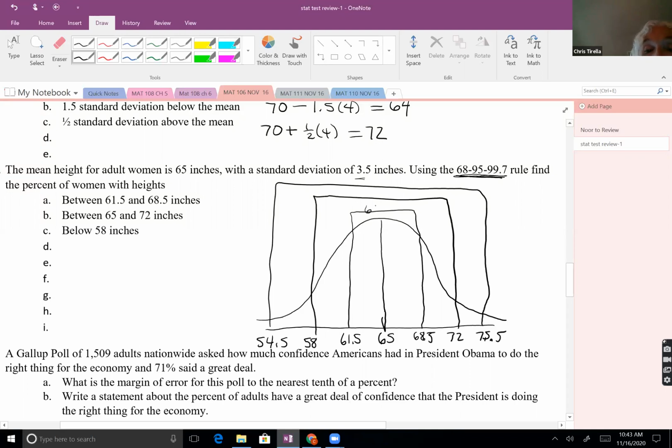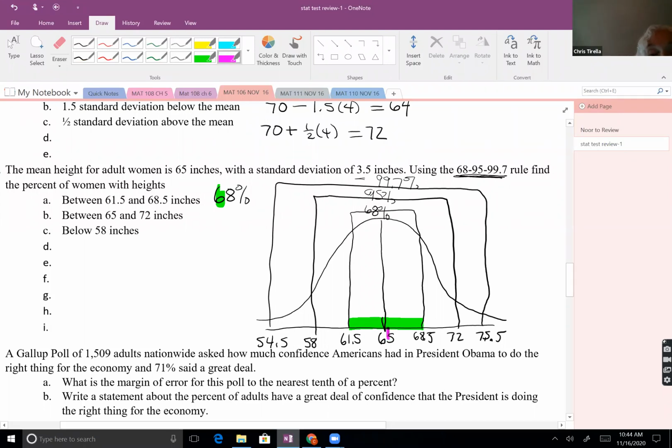This first box I labeled with 68%. The second box I label with the 95%. And the outer box I label with the 99.7%. Because I can, I'm going to play with highlighters. Between 61.5 and 85.5, what percent would that be? 68%. Next one,